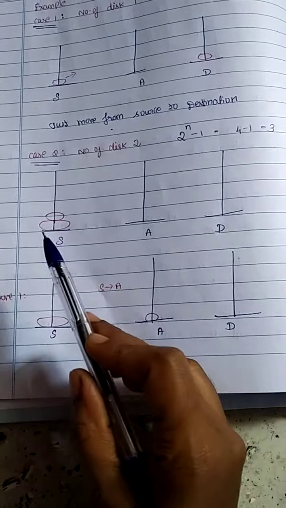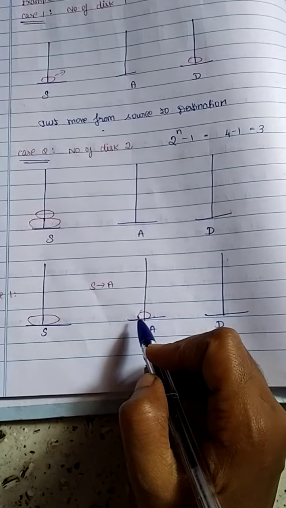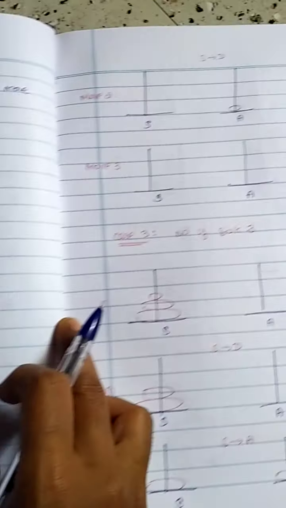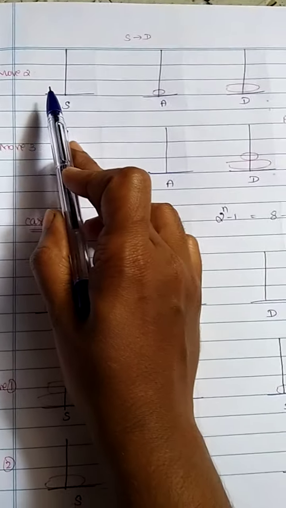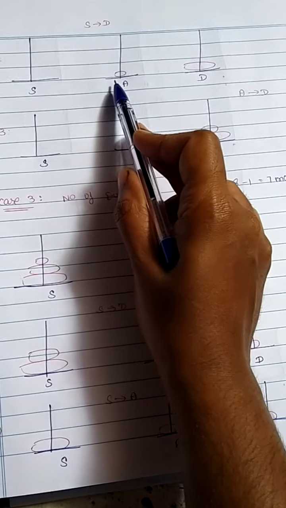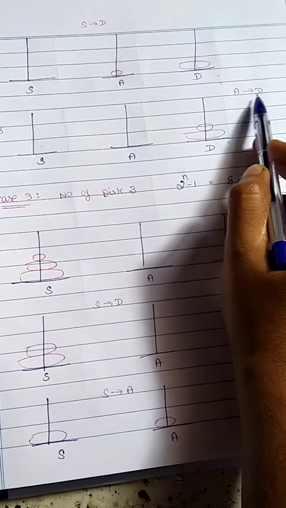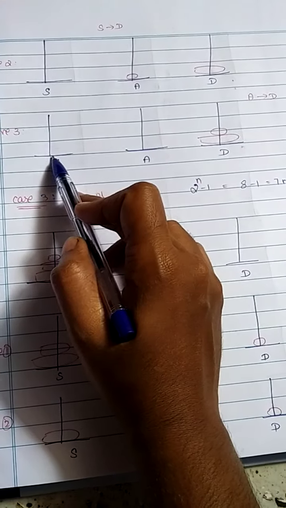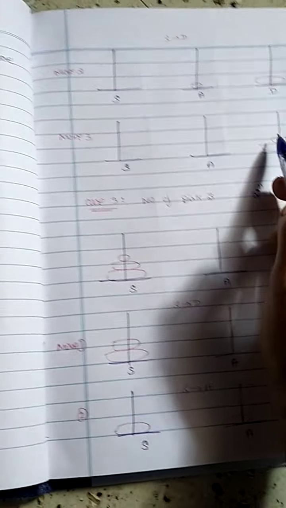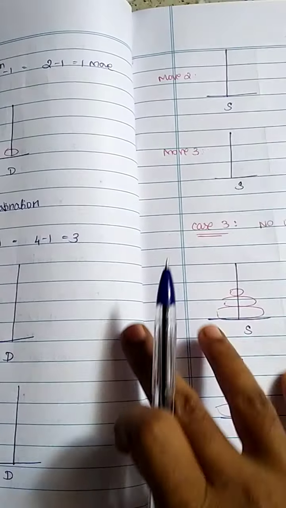First thing, I am moving this smallest disc from the source to the auxiliary. Now the first move is from source to auxiliary. The second move is from source to destination. So I have moved the biggest disc from the source to my destination. The third move is I move the smallest disc from the auxiliary to the destination. So now I have moved the 2 discs from the source to the destination by obeying all the 3 conditions. Now the number of moves taken here is 3: move 1, move 2 and move 3.